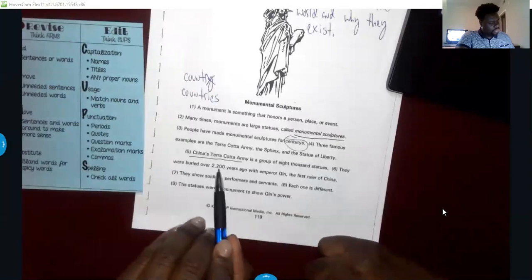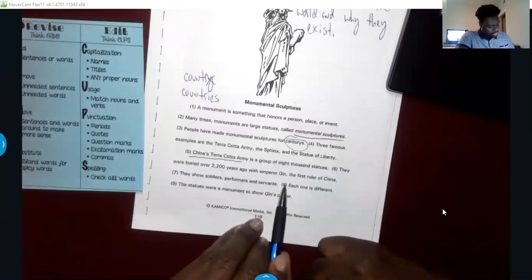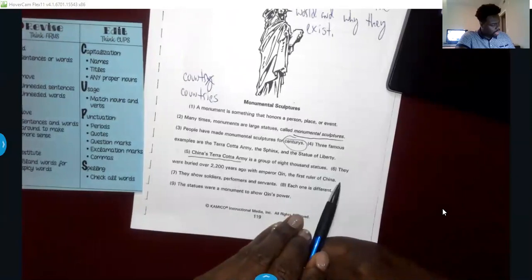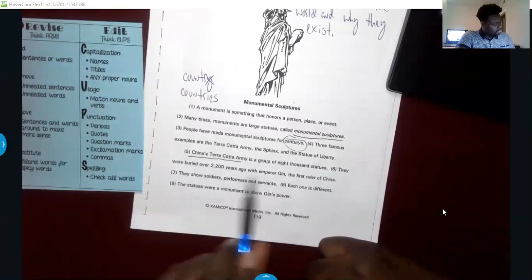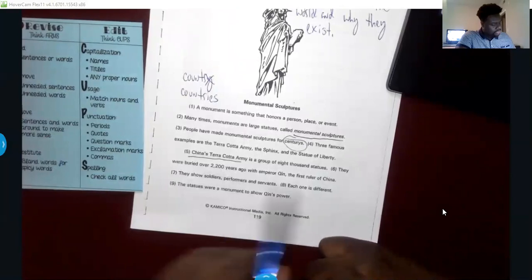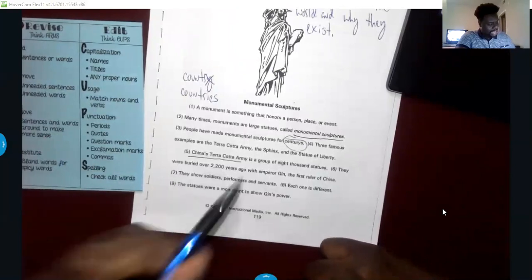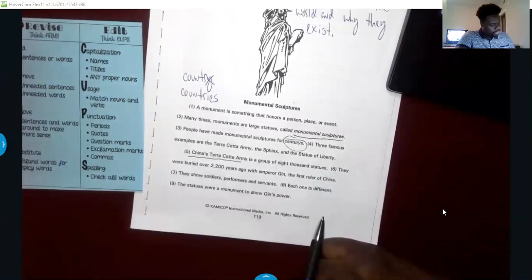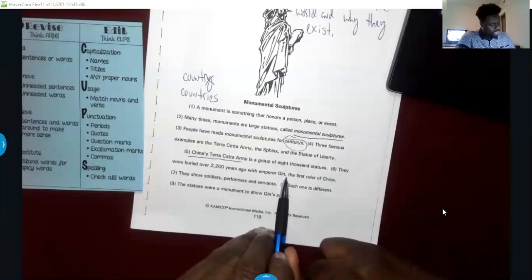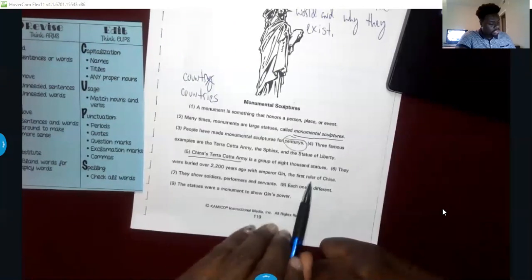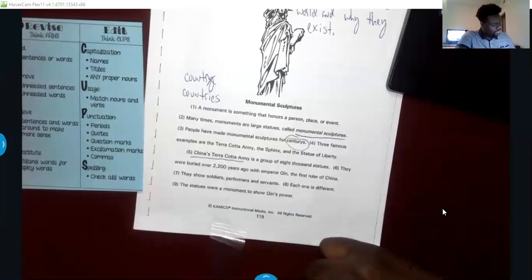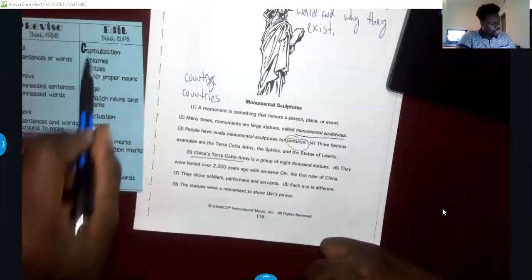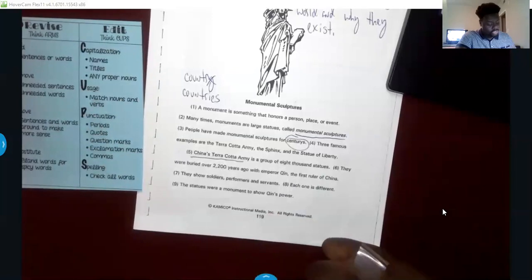They were buried over 2,200 years ago with Emperor Qi, comma, the first ruler of China. Okay, so they were is all past tense. I think the usage is fine. The nouns and the verbs match because we're talking about the past. Is there punctuation? Yep, there's a comma there because you're introducing that he was the first ruler. There's a period at the end. That's fine. We missed capitalization. Let's see if there's any capitalization issues.